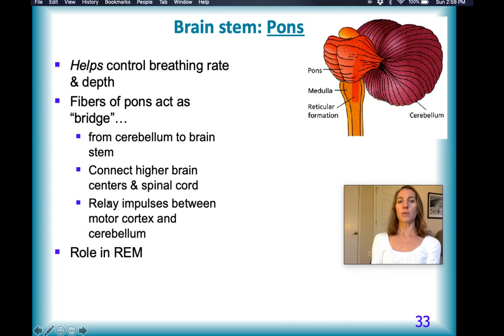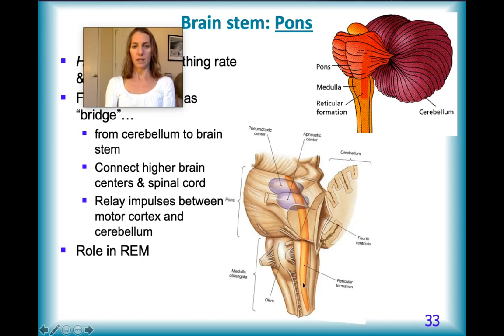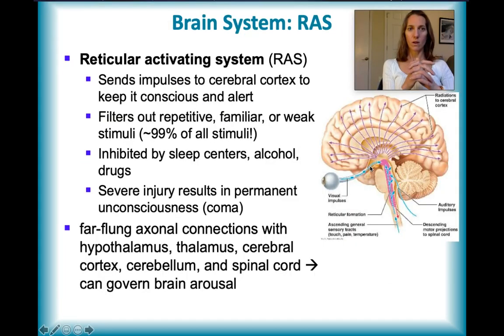And we're going to see that impulses can be relayed between the motor cortex and the cerebellum through this region as well. And that's really what we were seeing in that last graphic. But with this particular formation, I want to say a bit more on that. This particular formation controls the state of wakefulness in our body. And so I think it therefore makes a lot of sense that you have really widespread connections coming from this whole RAS, reticular activating system, and projecting far and wide to the cortex, to the thalamus, to the diencephalon, which